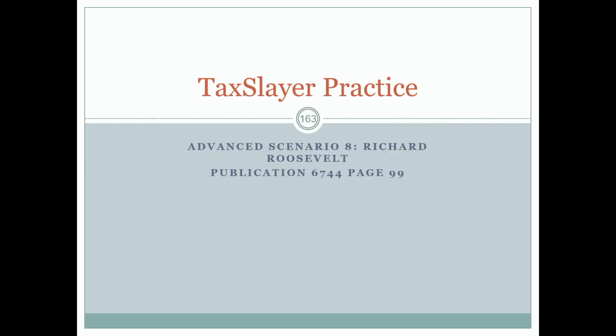Also go to the irs.gov website and type in the search bar 6744. That is the test and retest, because we're actually going to do Scenario 8 for Richard Roosevelt. So if you don't have that physical publication